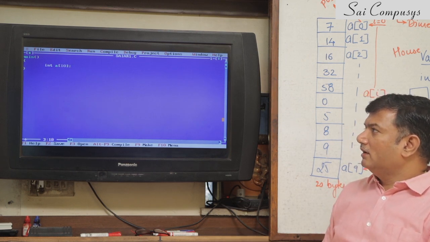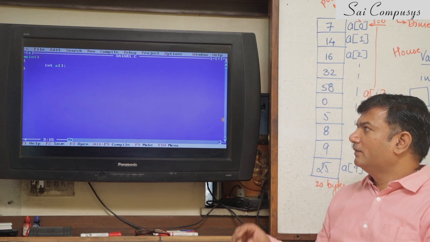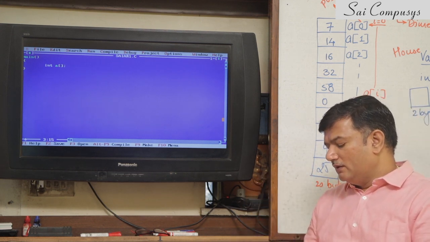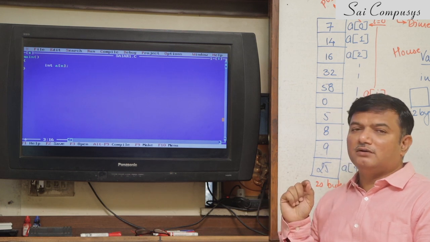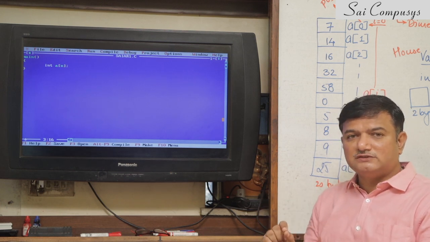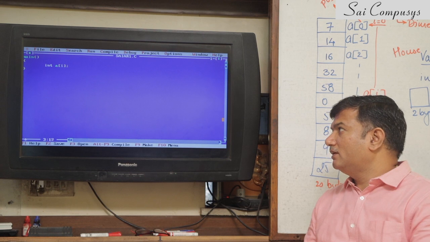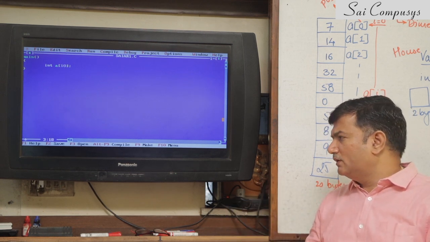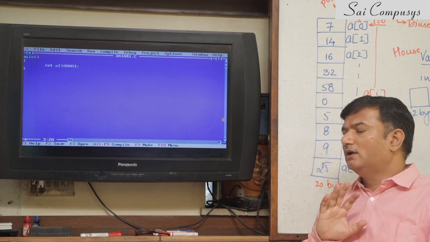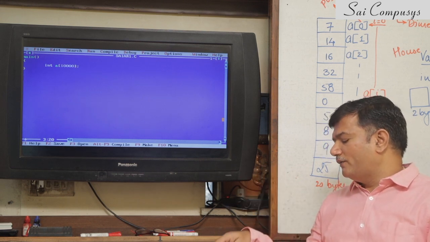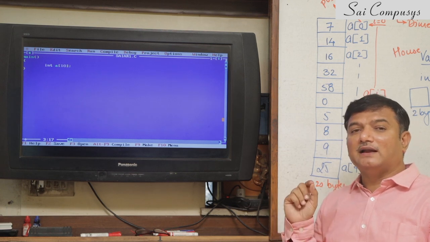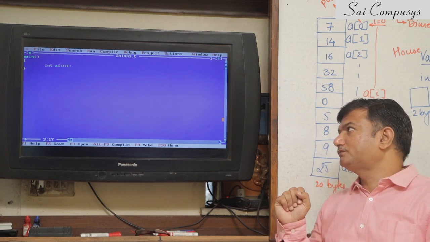While creating an array, you need to be sure about one thing. The dimension has to be mentioned. Secondly, dimension should never be a variable. It has to be a constant value. So you first tell the compiler that I want to create an array of 10 numbers or 100 numbers or 1000 depending upon your requirement. You can declare an array of any size, but the size has to be mentioned very clearly over here. It has to be a constant value.